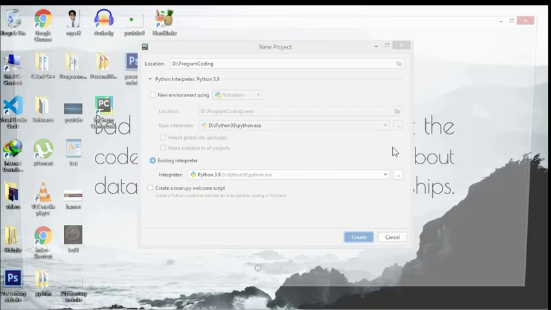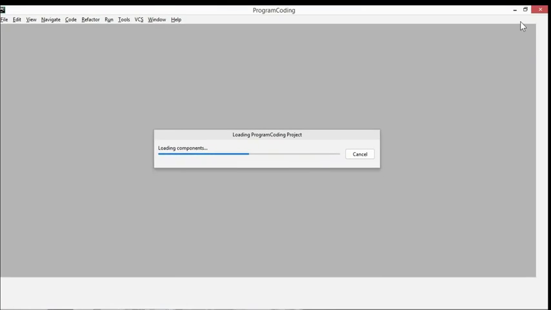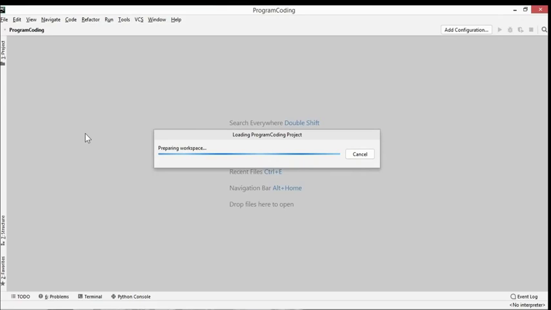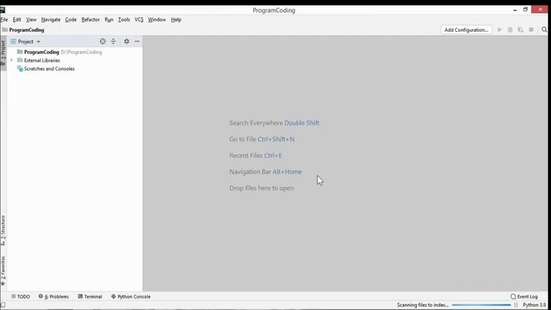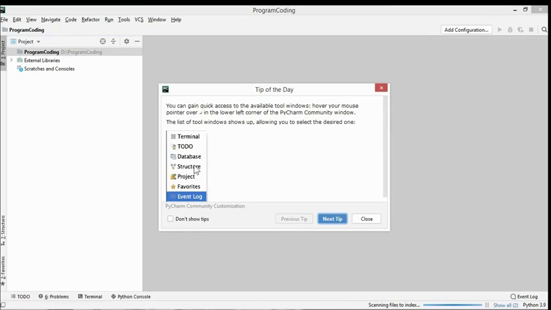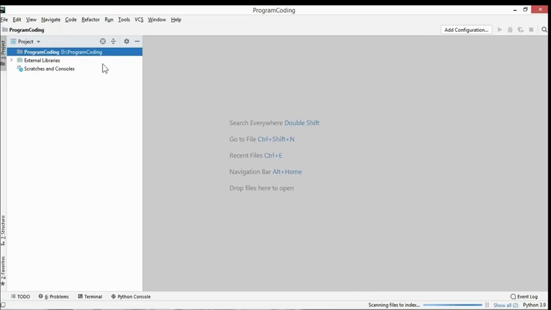Now just maximize it. The interface would be something like this. Okay, don't show tips, it's very disturbing. And now just wait for the scanning files to index, but I will create a new Python file.